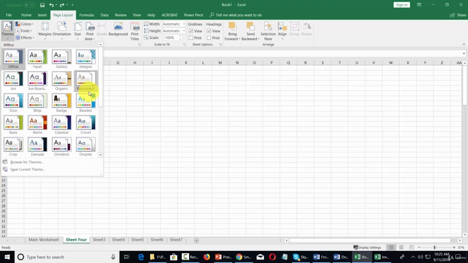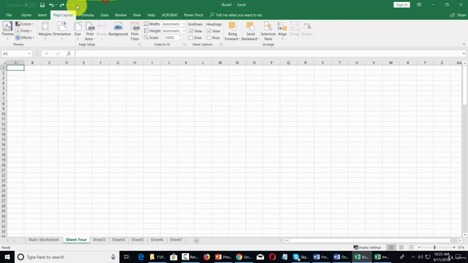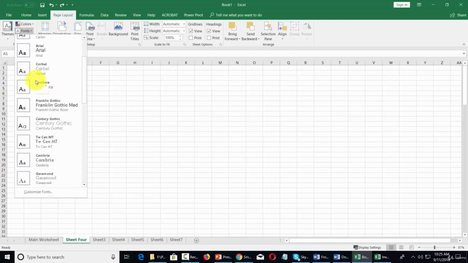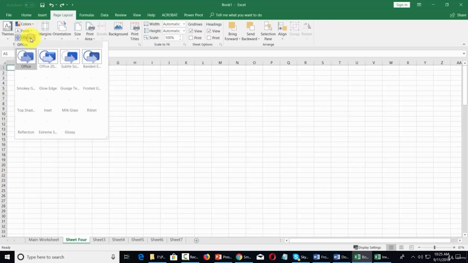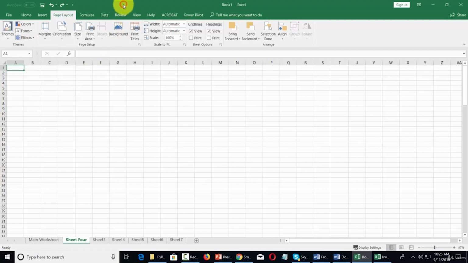When we get ready to add color or add charts, we're going to be able to do that according to a theme as well as a color scheme. We're going to be able to do that using specific fonts, and also with specific effects that are going to be shown. Now you're going to see that there's a page setup panel. Again, this is specifically for when we get ready to either print or get our report ready for sale. For example, let's create some data